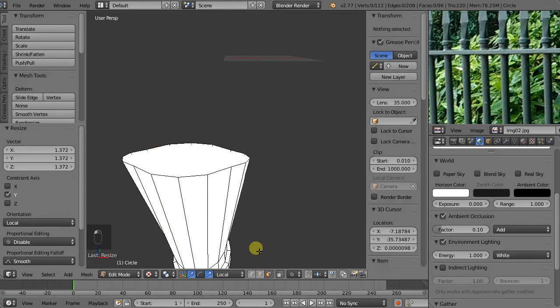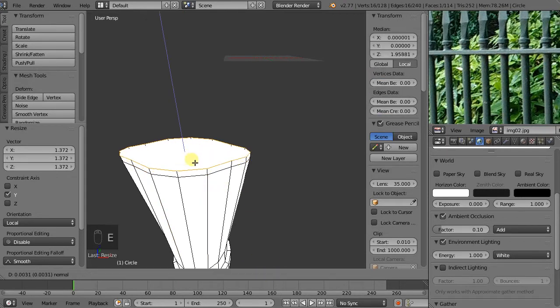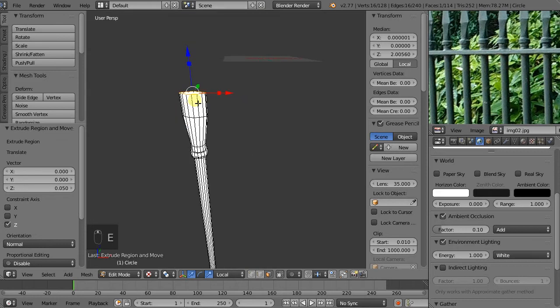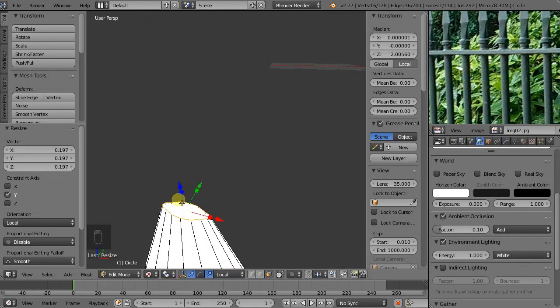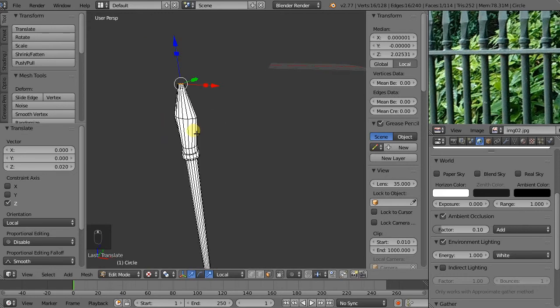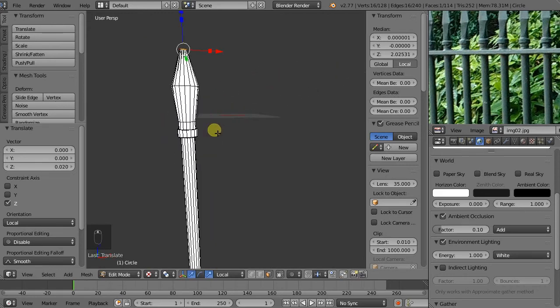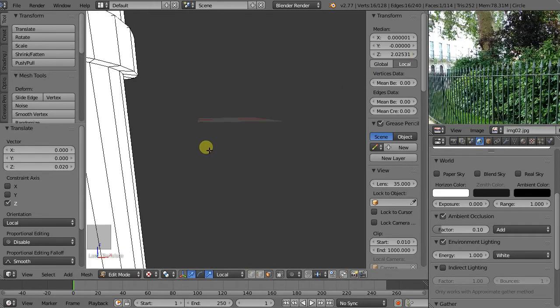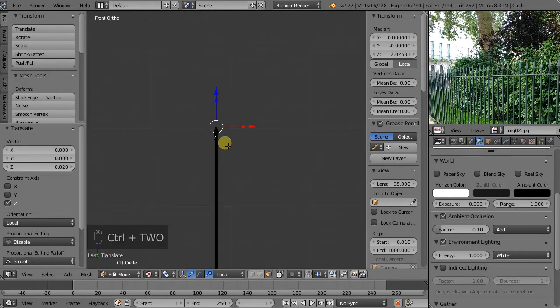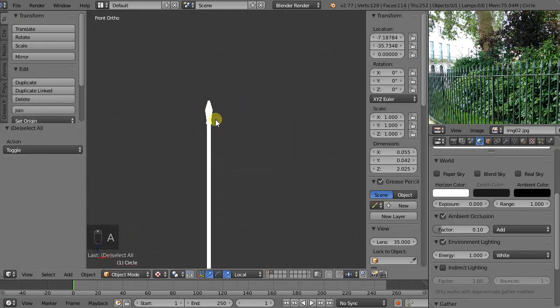So back to face select, select this face, extrude, put it somewhere over there. We scale it in the different axes, move it slightly up. And now we have this piece here. Now it looks like, based on the scale of this, let's go to front view. See the whole piece. And if I go to object mode just to see it without being selected, about the proportions of it, I